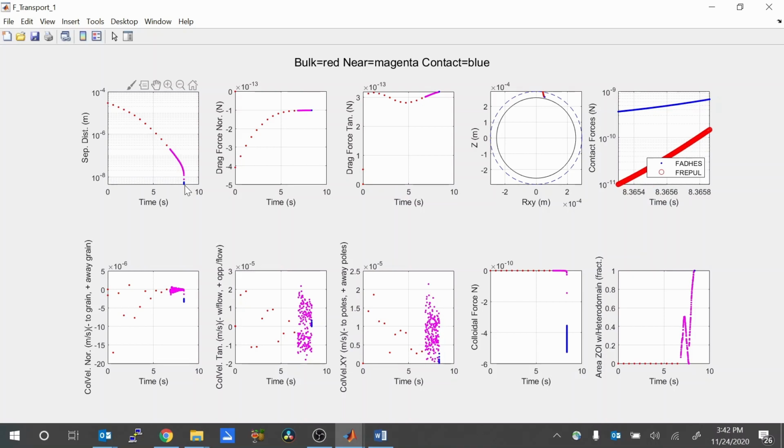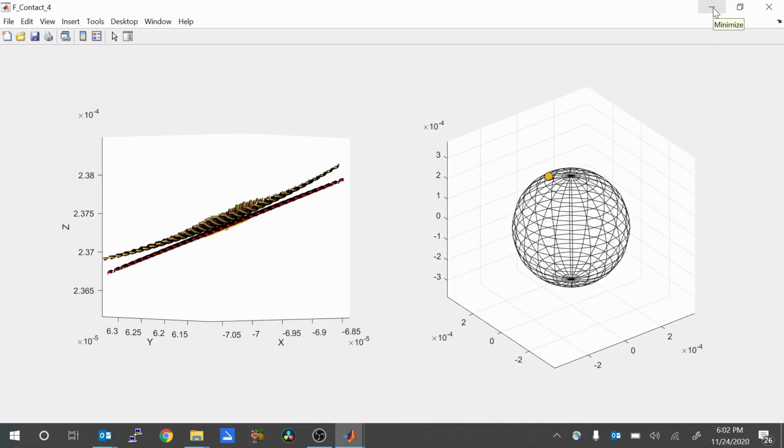And that's how you get a range of ultimate separation distances based on how much attraction there is, which is based on how much the heterodomain fills the ZOI, as well as other things like the zeta potential of the heterodomain and ionic strength and other things that control the interaction forces. So another colloid, actually 4 out of 4 colloids introduced into this system attached, and here's a